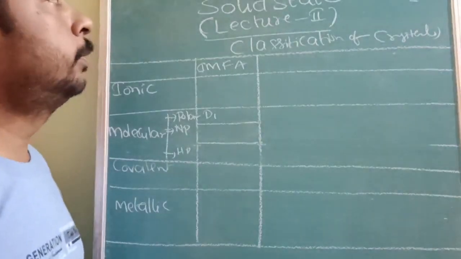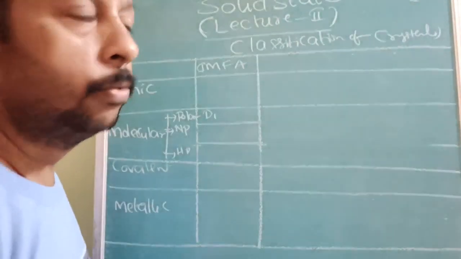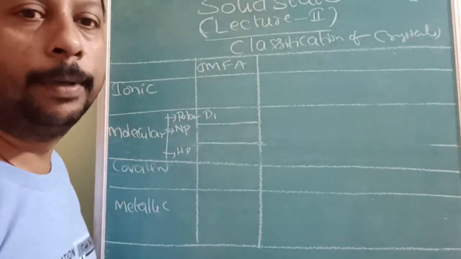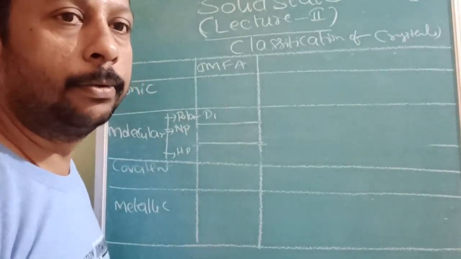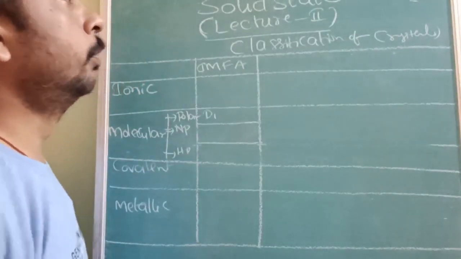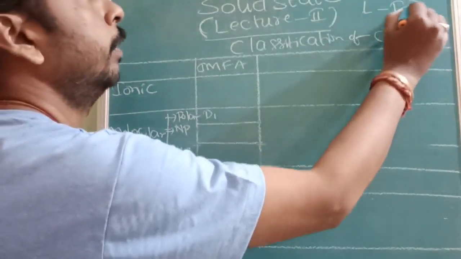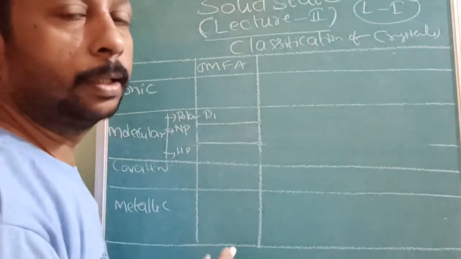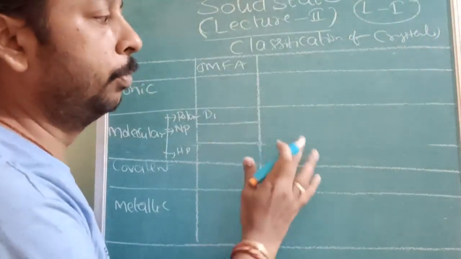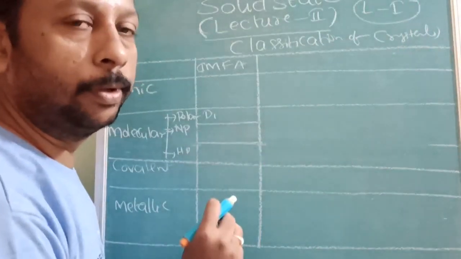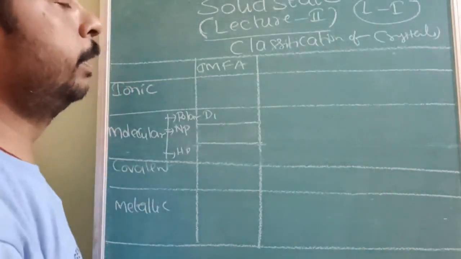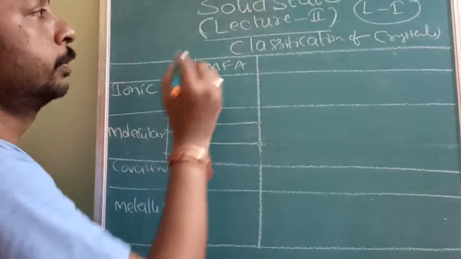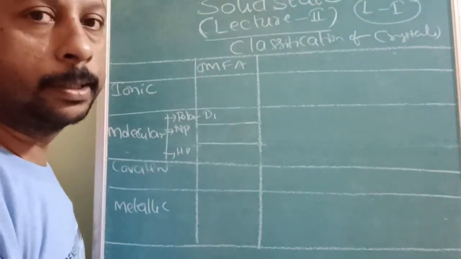Okay, students, now we are in lecture 2 of the solid state. After completing the 3 levels of explanation of the introduction, we are into lecture 2. In lecture 1 we discussed the introduction at 3 levels: with board teaching, with 2D diagrams and with 3D diagrams. 3D animation we have studied, and the last topic was classification of crystals.